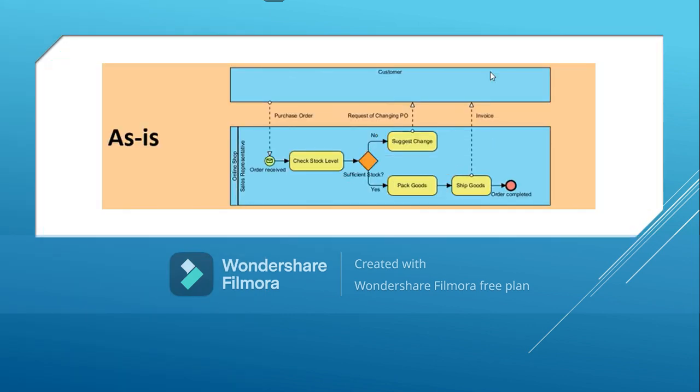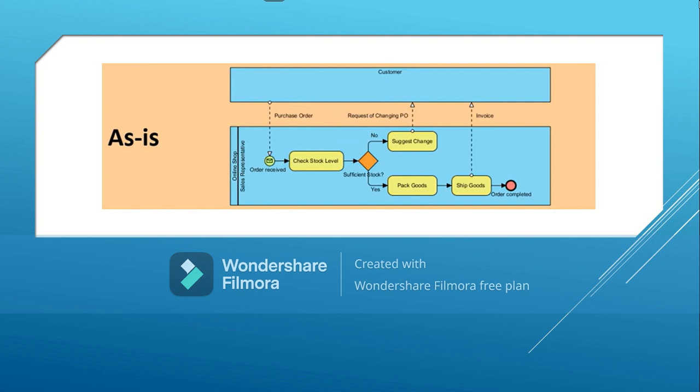So they pack the goods and they ship the goods, which leads to the order confirmation, and it's completed and the invoice is generated. That is the process when the goods are there. And when the goods are not there, they will simply suggest